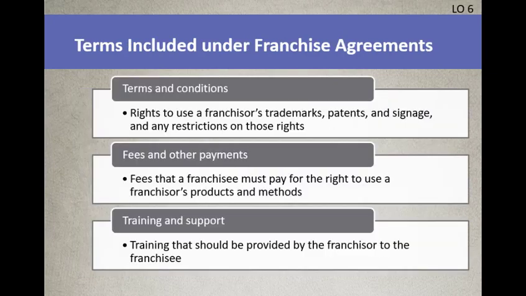Last couple sides deals with franchising. You got a lot of terms and conditions, fees and payments, training and support. The greatest thing about franchising is it's cheap to buy the supplies and food. You think of a burger, I know for myself at the restaurant, it used to cost us $1.19, I think, just for the hamburger. The hamburger by itself was $1.19. That doesn't include the bun, lettuce, cheese, tomato, labor, any of that stuff.